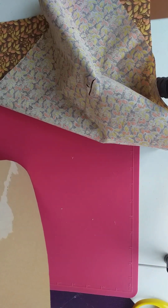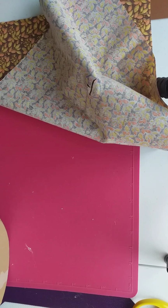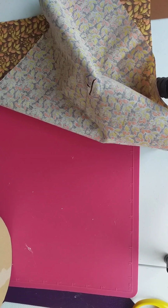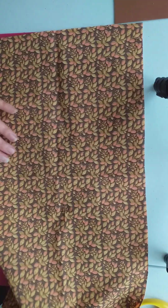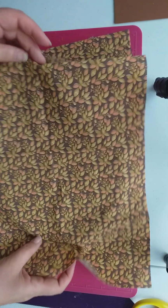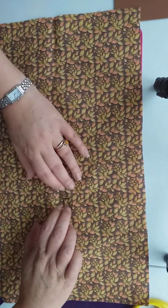Oh, I can't get that off. Can I get that off? Should we see if we can get that off? No, that is absolutely stuck on there. Oh, I have to do it a different way then than what I was thinking. And I had it in my head how I was going to do it as well. Okay, so we just have to...